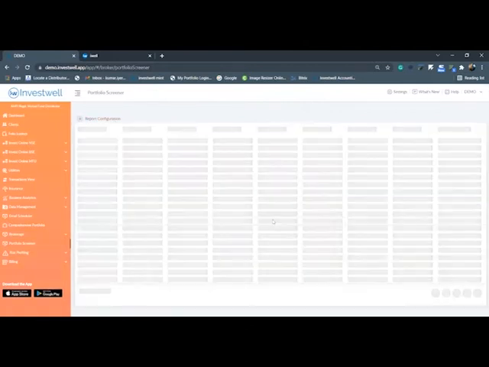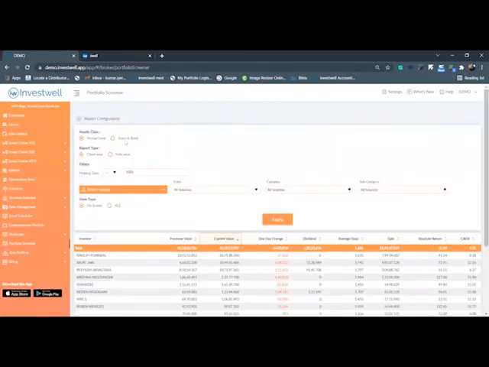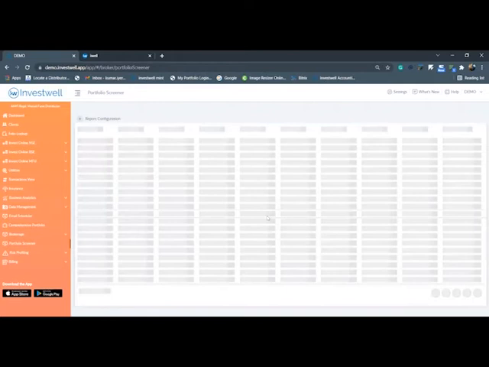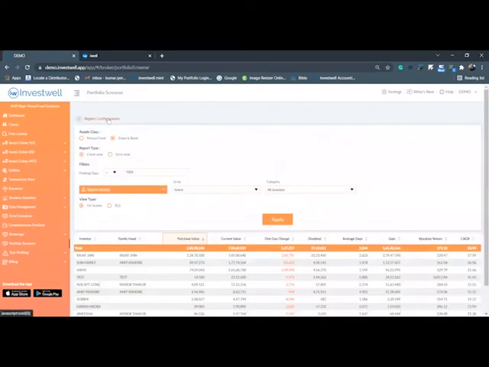The same can be generated client wise as well. So if you don't want folio wise, you can generate client wise. It will just list out the investor name along with the purchase value, current value, and returns. Apart from mutual funds, the same report can be generated for stocks and bonds as well. So again, if you choose all the parameters similar to mutual funds, it will list down the investor name, the purchase value, and the CAGR based on the holding of the listed bonds or stocks.